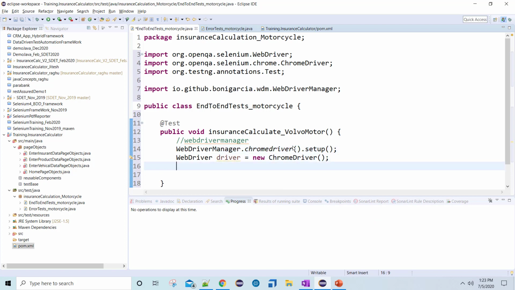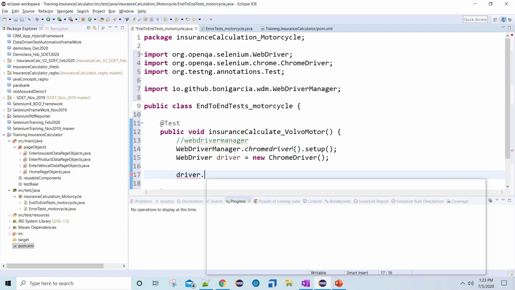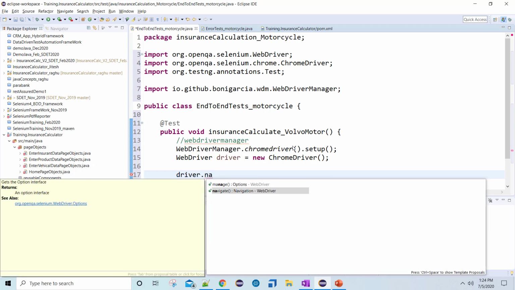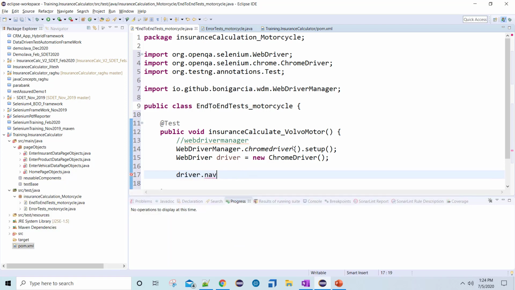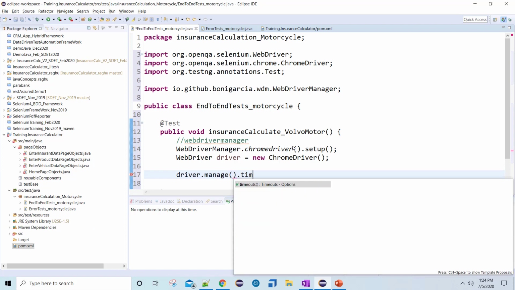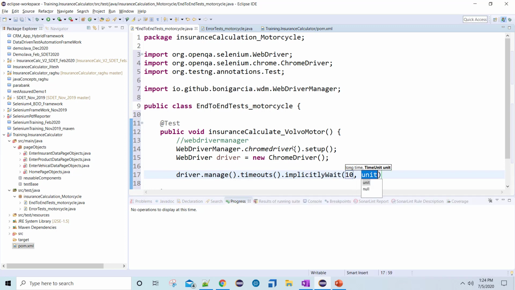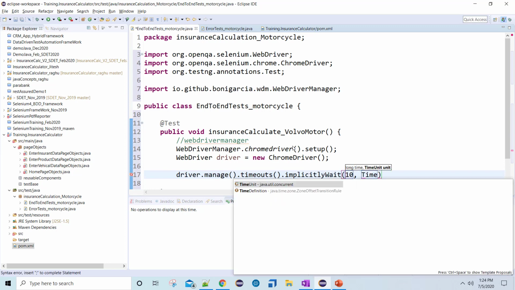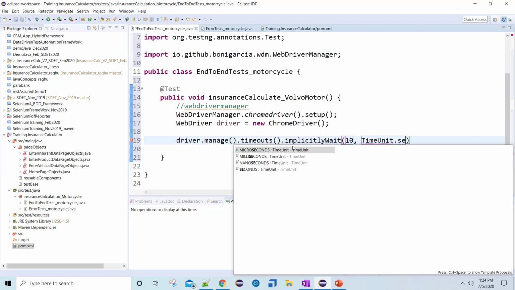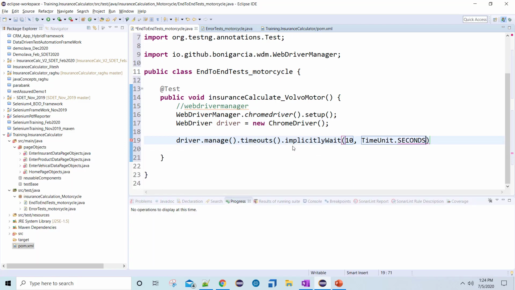Okay, and that's it. Now I will use driver.manage().timeouts(), let's set implicitlyWait for, let's say, 10 seconds. Great.